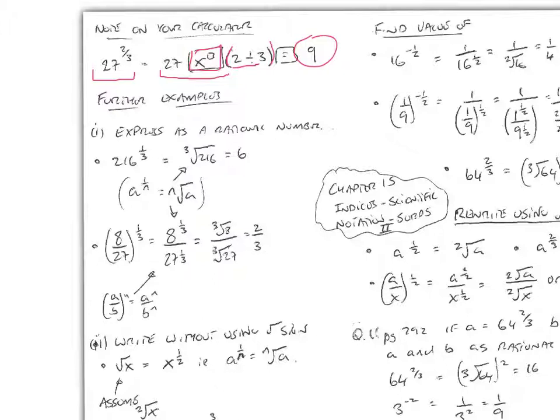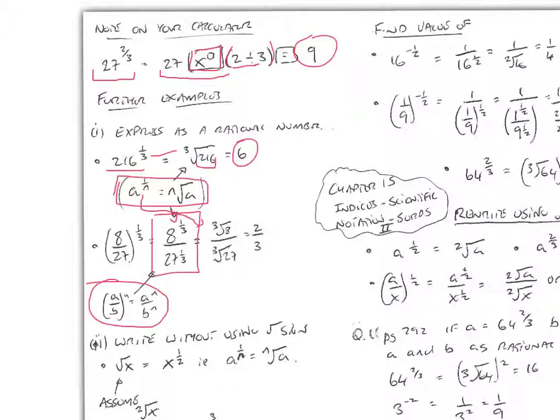Express as a rational number 216 to the power of 1/3. Well, that's the nth root of 216. The third root of 216 is 6. That's invoking this rule here. And we'll work again with it here, where we've 8 over 27 all to the power of a third. Now we mentioned this earlier, so we'll rewrite it like this, and then we can invoke this rule again,